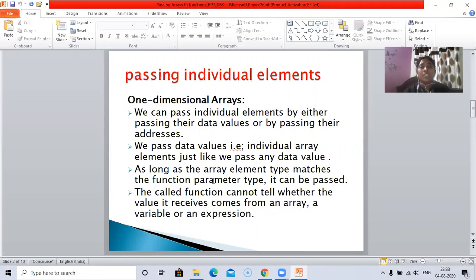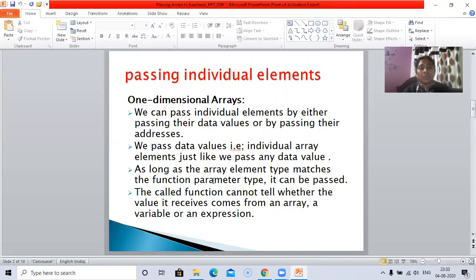We can pass individual elements by either passing their data values or by passing their addresses. This concept, passing of data values or passing their addresses, is called parameter passing techniques. We'll see it in another video.